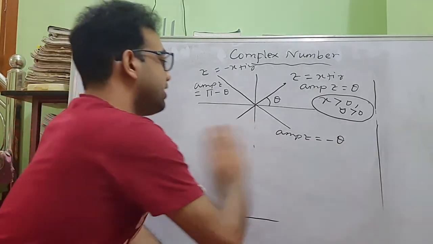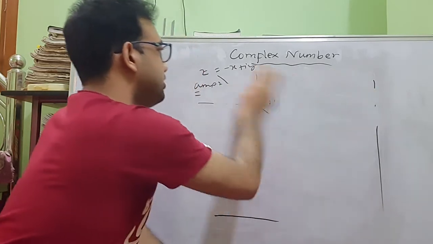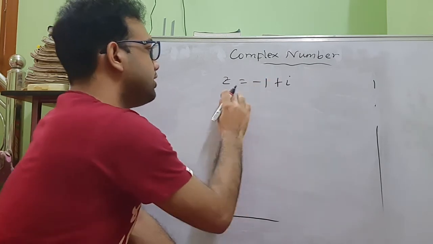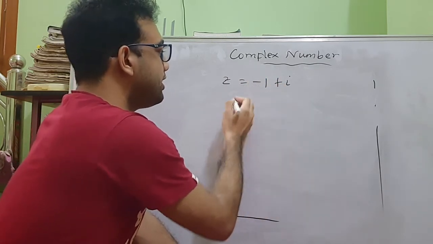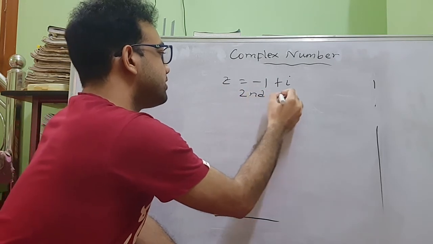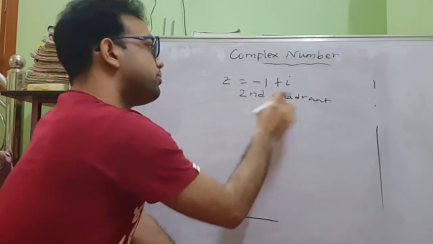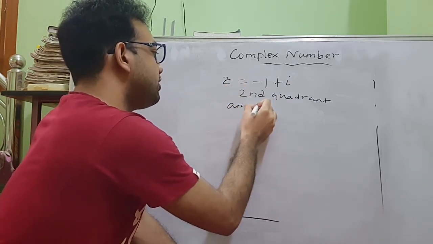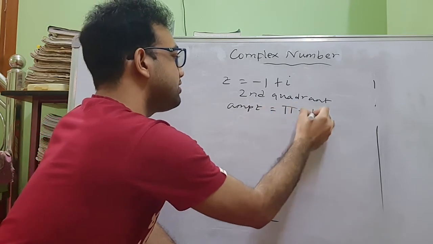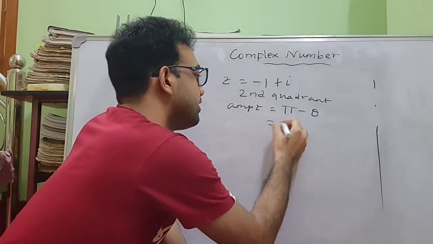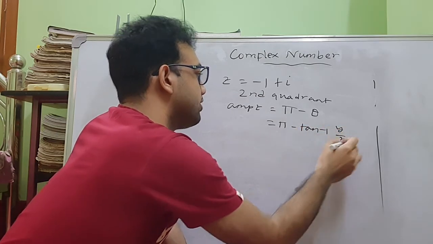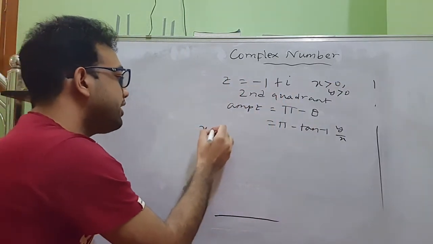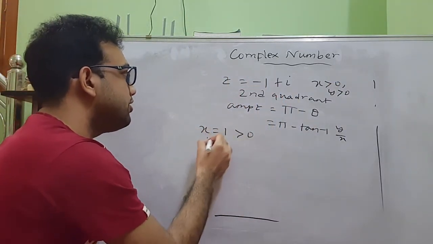So let us take an example related to this. If we take z equals -1 plus i, then see that the point clearly lies in the second quadrant. So this point lies in the second quadrant, and what we know is that in the second quadrant amplitude of z is given by pi minus theta, where theta is simply tan inverse y by x, where x is positive and y is positive. So here we take x equals 1, which is greater than 0, and y equals 1, which is greater than 0,